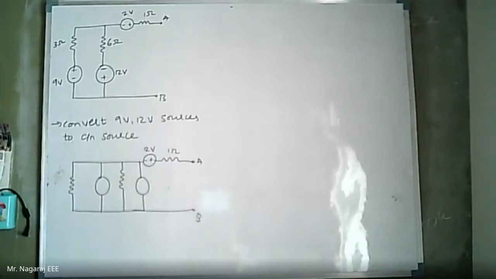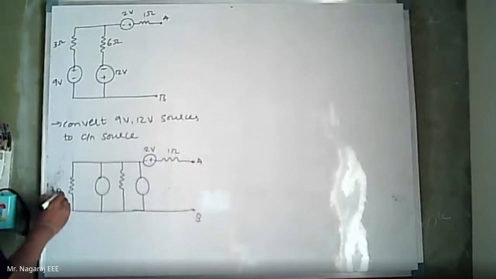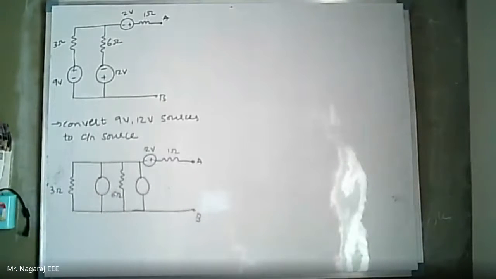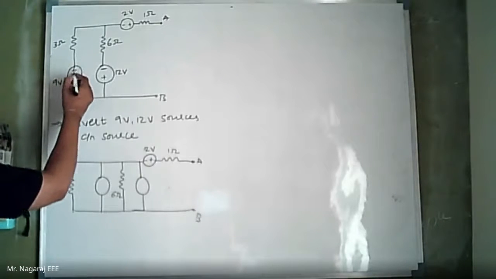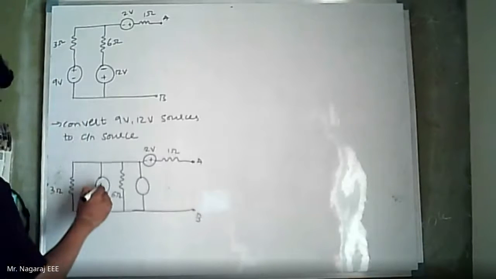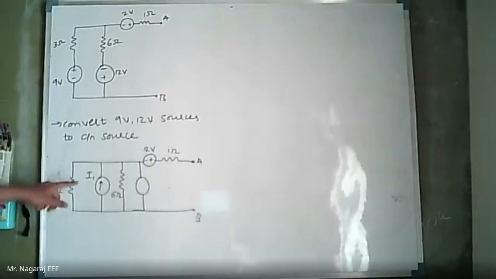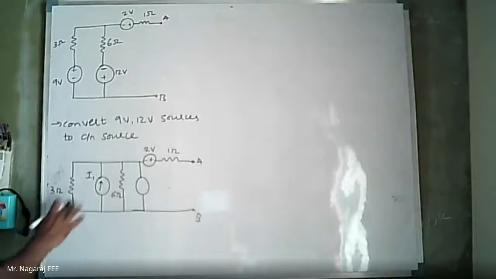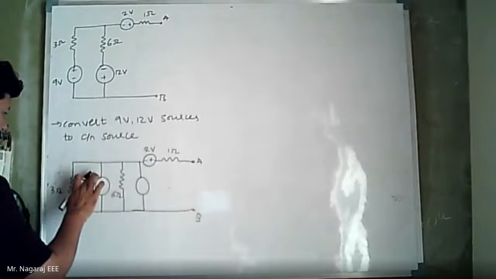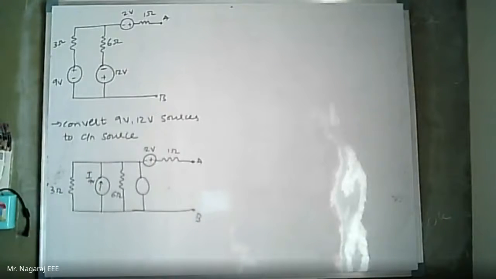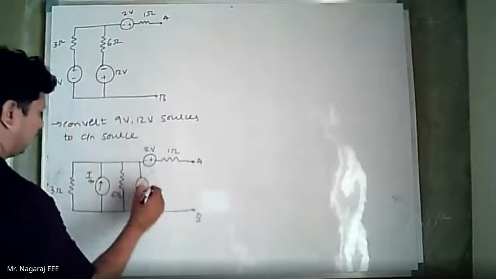Okay. So this is 3 ohm. This is 6 ohm. Now observe the direction of 9 volts. The positive direction sign is upward. So let this be current I1, upward for this 9 volts. Or if you really want to give a name, you can take I 9 volts. It is very easy to recognize. And this is I 12 volts.